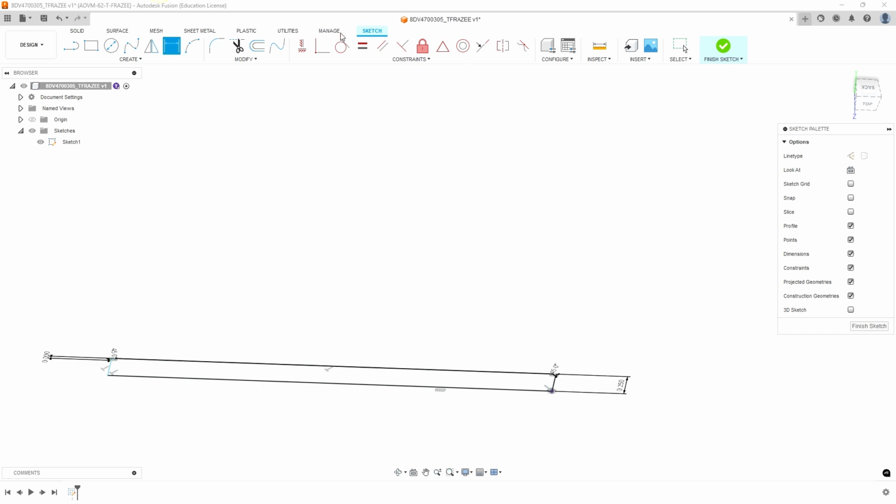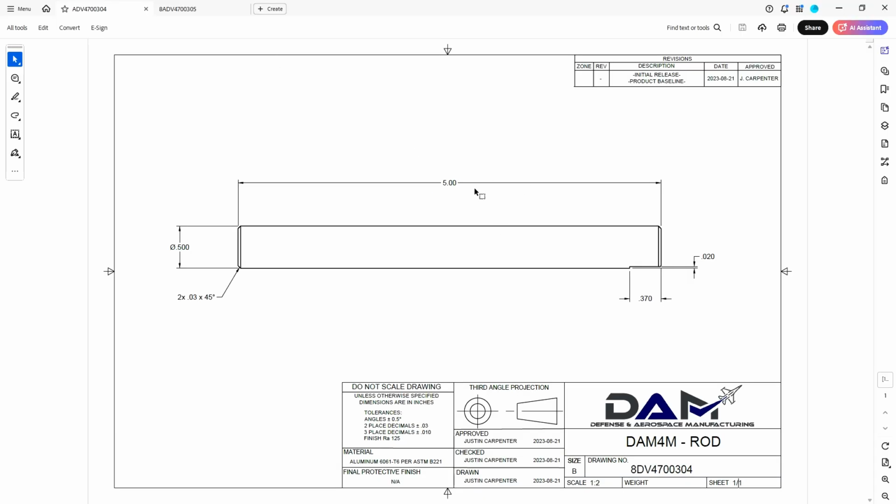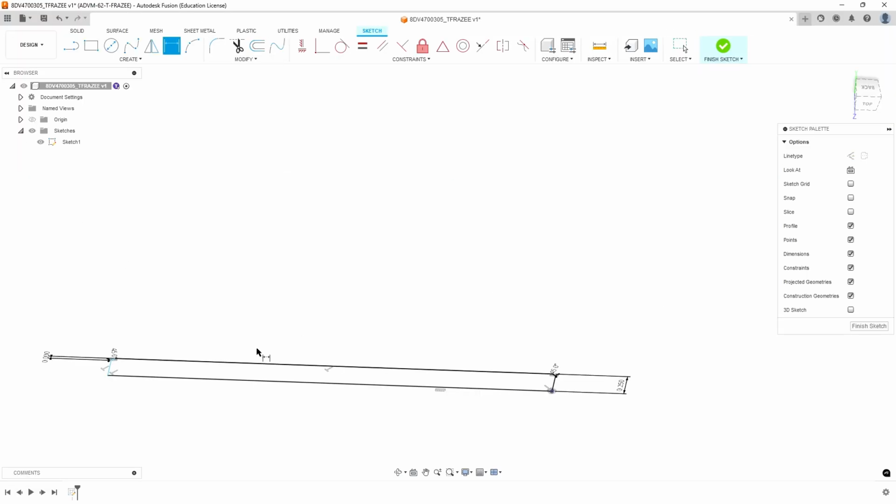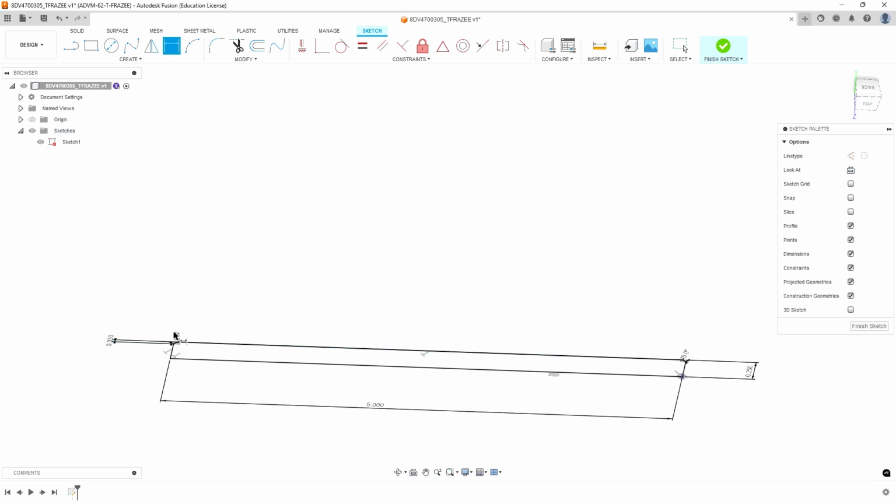Then our overall length of our part is 5 inches. So we're going to go back to our part, and we're going to select on the longest edge of the part, drag away from the part, select, and set it as 5 inches. We now have the perimeter defined, and a little padlock symbol shows up. That means we can make something out of this. Let's hit Finish Sketch,